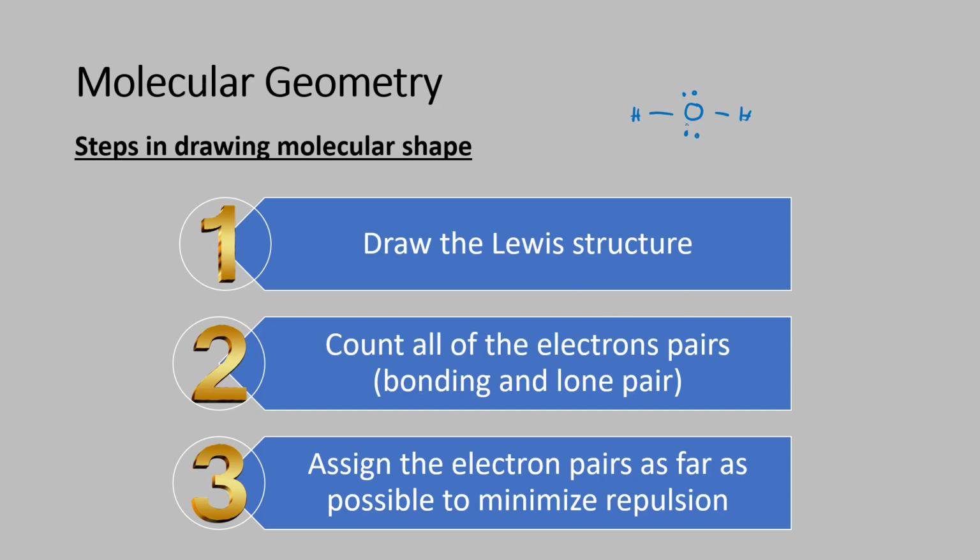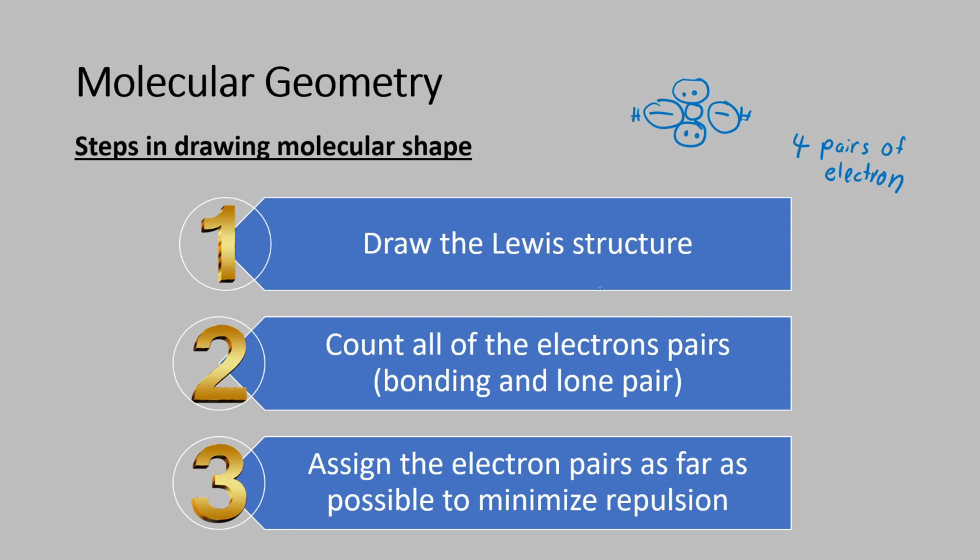So, contohnya for air ni, dia ada 1, 2, 3 and 4. So dia ada 4 pairs of electron. So kita kira semua pairs sebab form the pairs is the one yang kita nak tentukan dia punya molecular